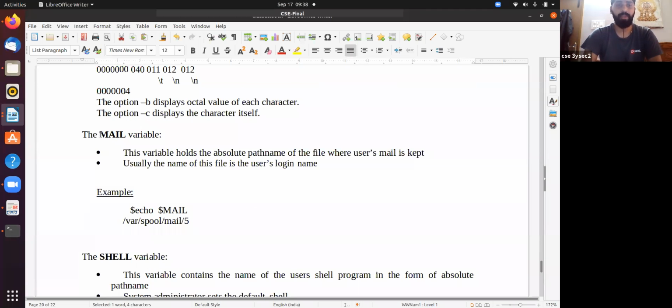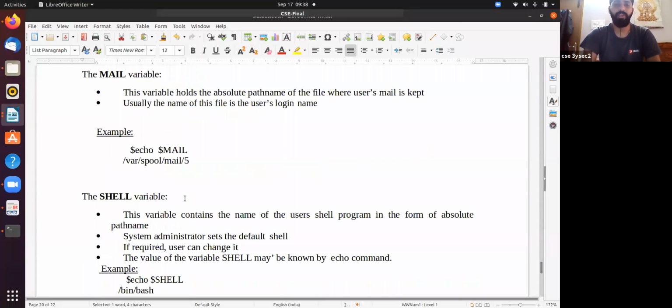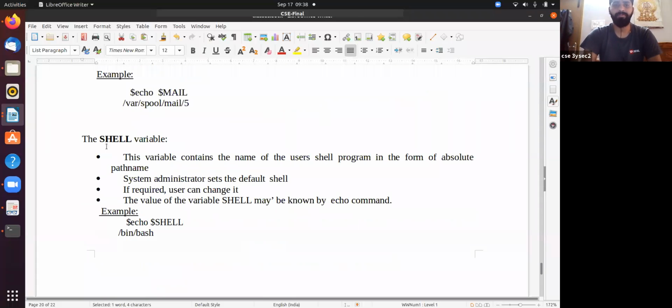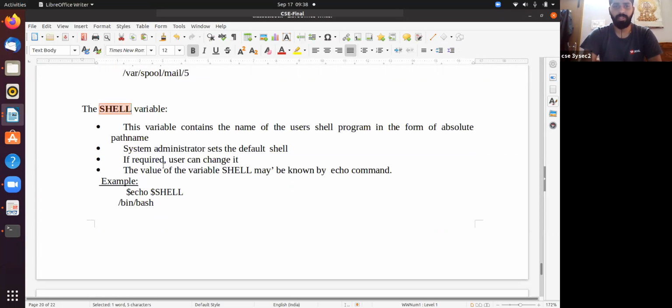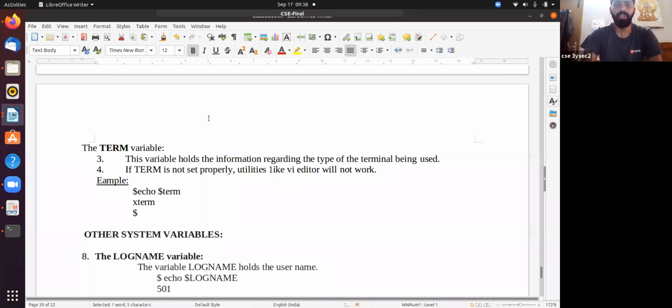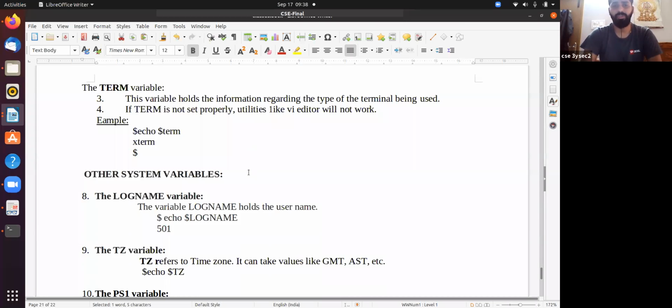Next, the MAIL variable holds the absolute path name of the file where the user's mail is kept. The SHELL variable contains the default shell provided and the absolute path of this shell. The TERM variable holds the information regarding the type of terminal being used.